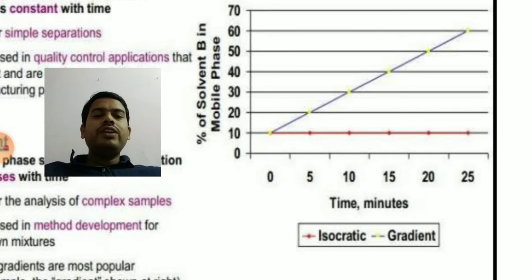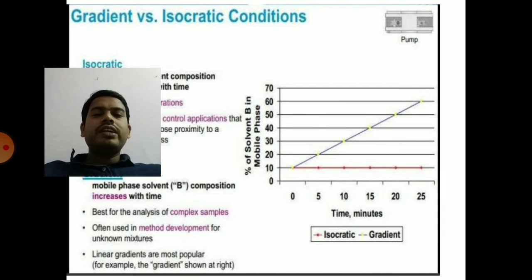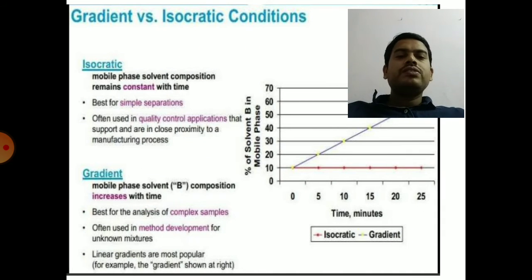This kind of elution mechanism is used throughout column chromatography techniques. Whatever the column chromatographic technique, whether it is ion exchange, gel permeation or high performance liquid chromatography, you can follow either gradient elution or isocratic elution. So that is the difference between gradient and isocratic elution. So that is molecular exclusion chromatography.